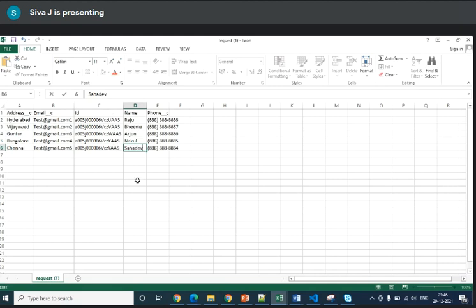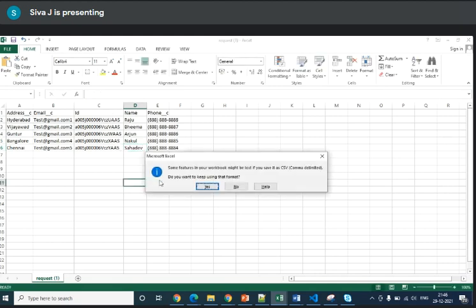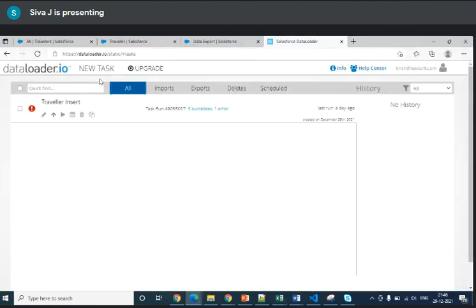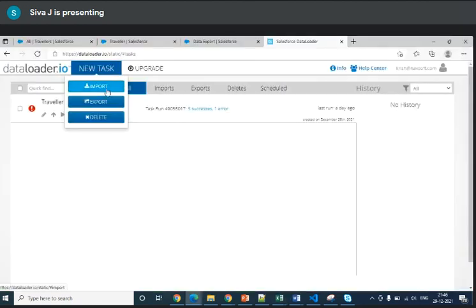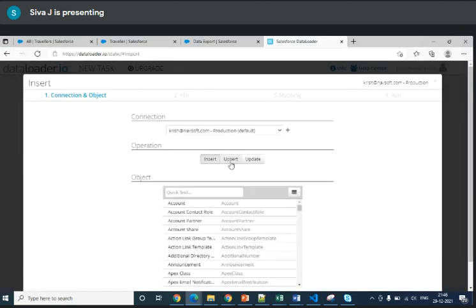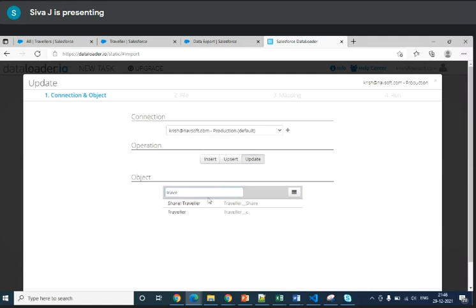You can consider these the values which I want to update through the data loader. How can we do the update through the data loader? You can select import first. Here you can see upsert or update. Upsert is a combination of insert and update. For now, we are going to do update and select the object, traveler.